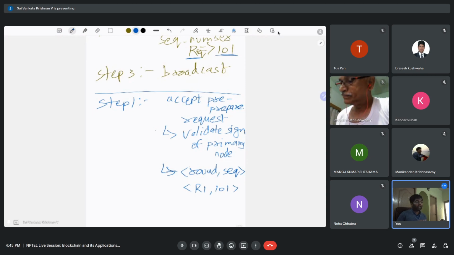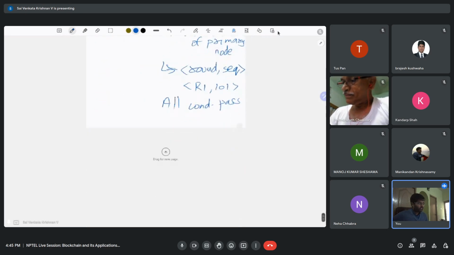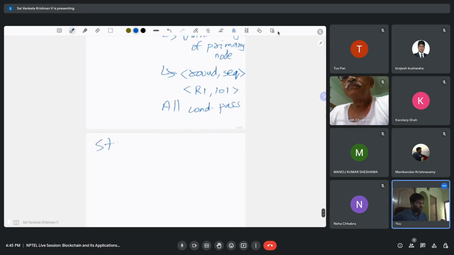Else all the conditions would succeed. So here this is the first time the primary node is sending out a pre-prepare message with 101 as the sequence number in round 1. So all the conditions have passed, and once all the conditions have passed, step 2 of the prepare phase is that each node